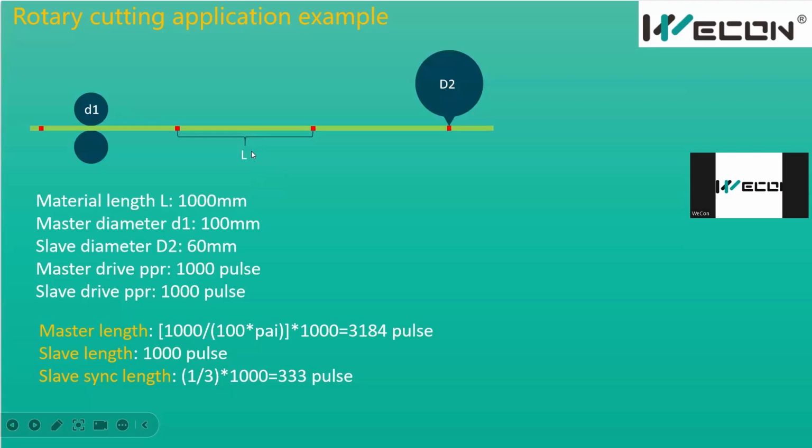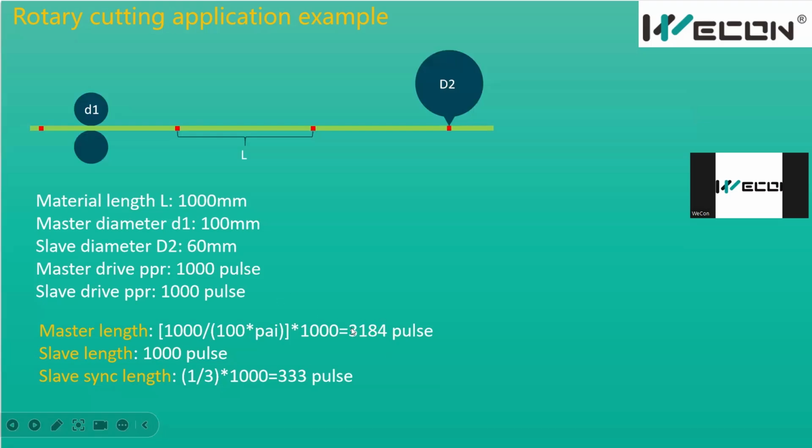For example, here we have the arrow is 1000 mm, and D1, the diameter of the master, is 100 mm. So here we use this formula to calculate how many turns the master needs to rotate to move 1000 mm. And after getting this parameter, we also have the PPR of the master axis. So from this formula, we can get